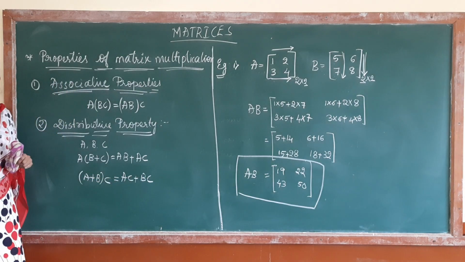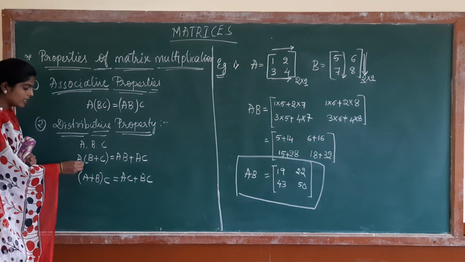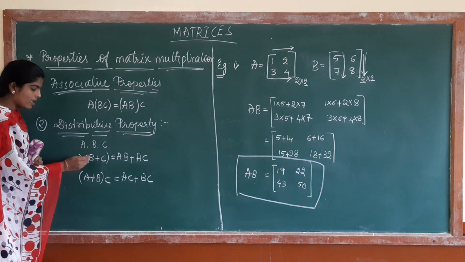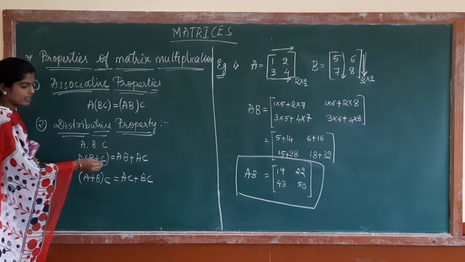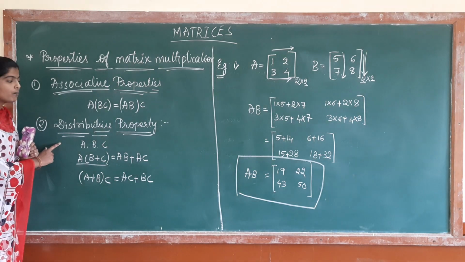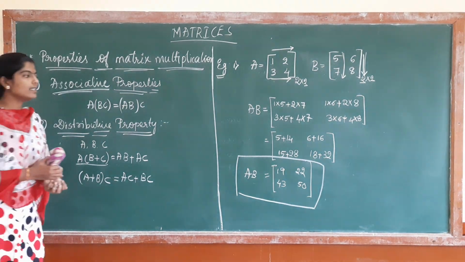This is called the distributive property, because here addition is there, and multiplication is also there. So the combined expression can be distributed into two parts. That's why it is called the distributive property. And similarly,